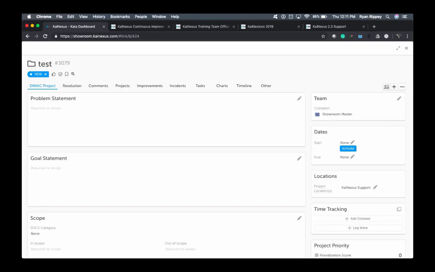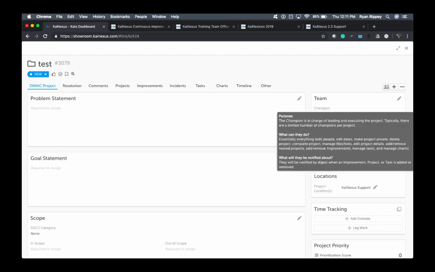now introduced the ability to hide certain team roles on your improvements, projects, tasks, incidents, charts, all of your workflows. So what we'll see specifically here within this DMAIC project, if I go over to the team section, now you'll see champion here. This is actually a facilitator on a project. So one of the things that you can do in KaiNexus, of course, is you can change the names of those roles. That would be a global setting. So if you wanted to use champion as facilitators on all your projects, that would be for all project template